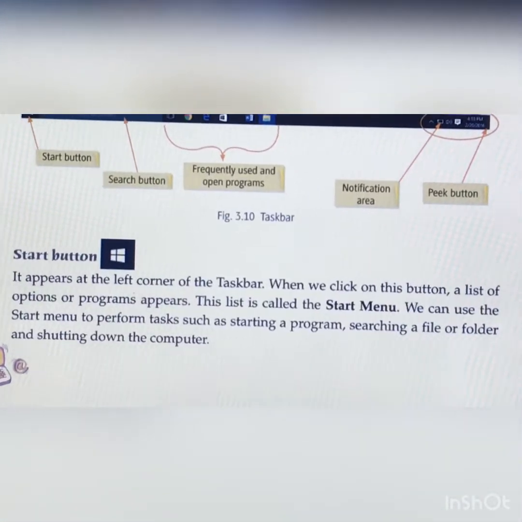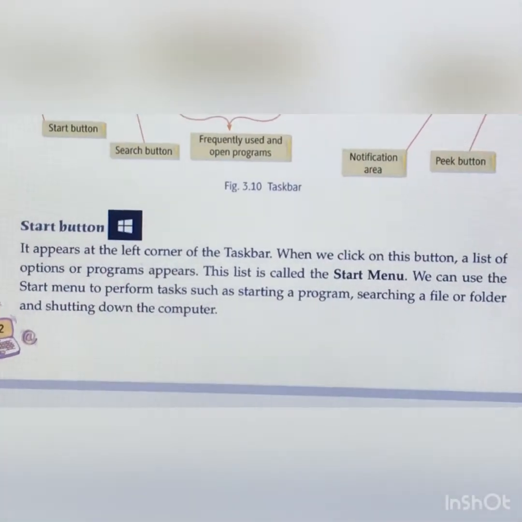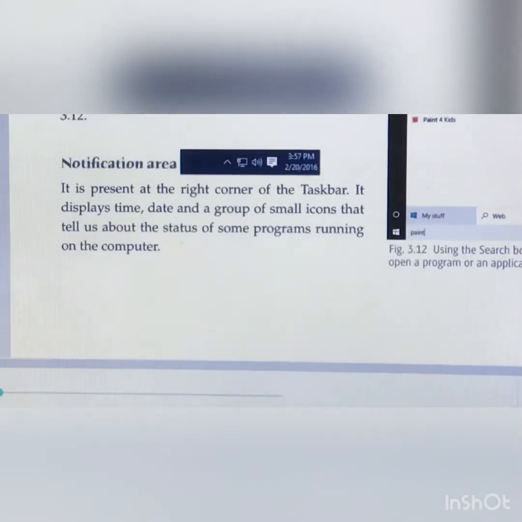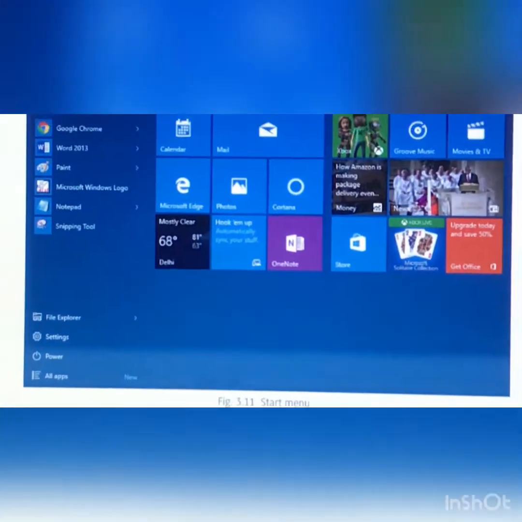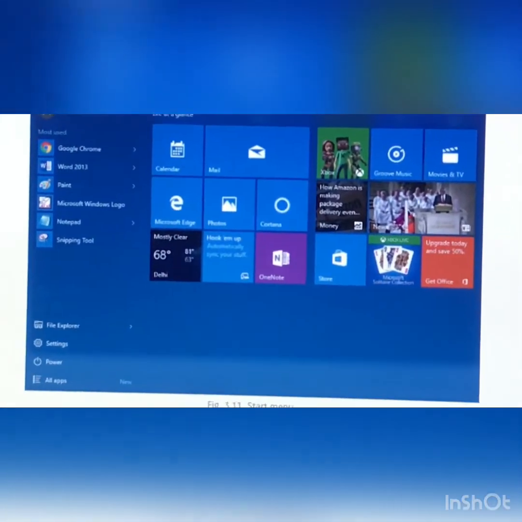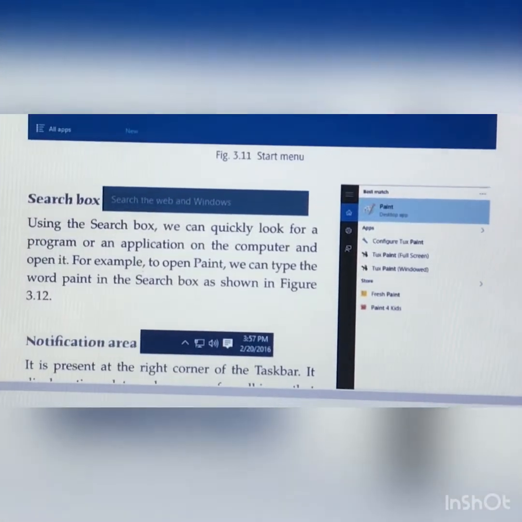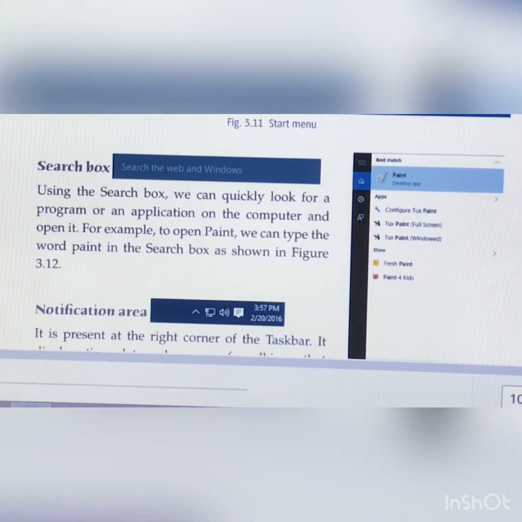The start button appears at the left corner of the taskbar and we can search many programs from it. If I click on the start button, this kind of page will open. Then the search box. Using the search box, we can quickly look for programs or applications.